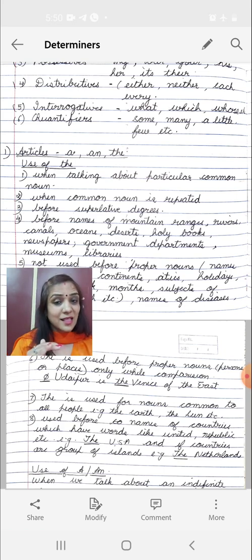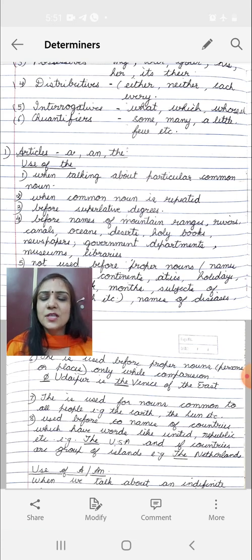Then we say he's the best. So whenever we refer to the superlative degree, like if I say Burj Khalifa is the tallest building in the world, so the tallest, when I use this word, tallest, superlative degree, before that we have to use the article the. Then in that case, we also use the article the in front of the names of mountain ranges, rivers,